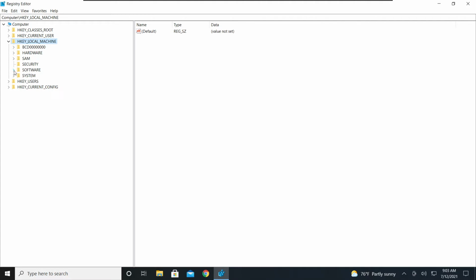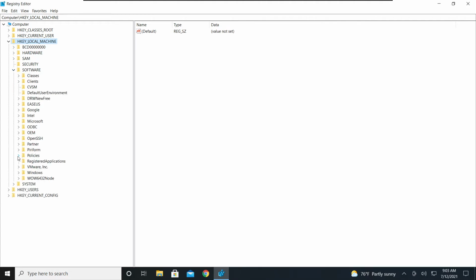and then we're going to go to software. And we have 2 different places where we can find uninstall strings. If you're looking to uninstall a 32-bit program, you're going to go into Windows from here. If you're looking to uninstall a 64-bit program, you're going to go to the WoW 6432 node. But in this case, we are going to look for Edge because we want to uninstall Microsoft Edge, and that's